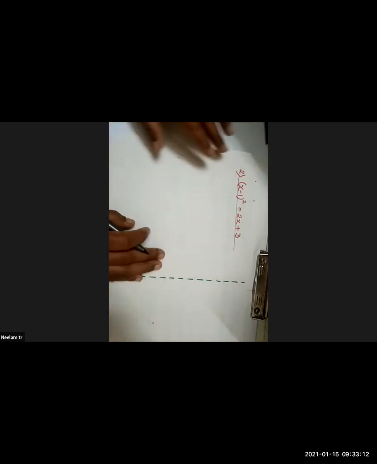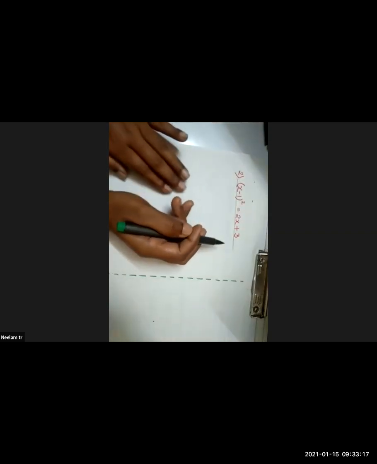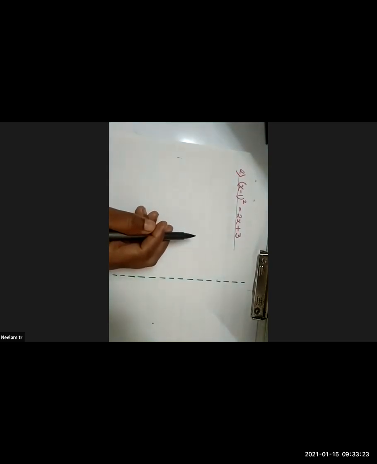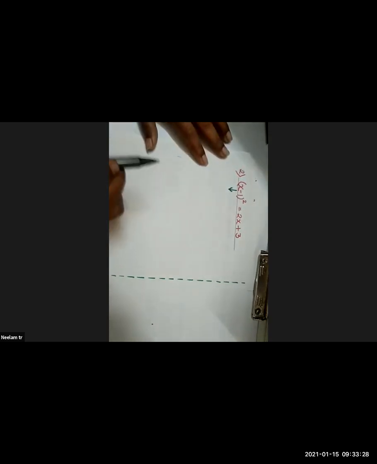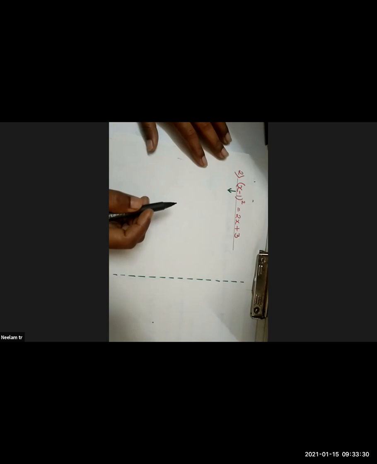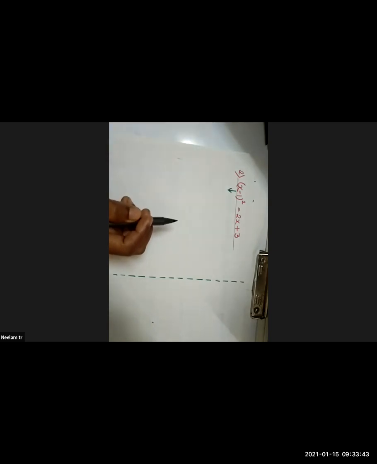This is my next example. See, even this is not in standard form of quadratic equation. So my first step is to make it in standard form. What I'll do? See, students, for this I explained one thing: you should remember all the algebraic formulas. That is a minus b the whole square, a square minus b square, a plus b whole cube, a minus b the whole cube. I hope you all know these formulas very well. I'm assuming that.